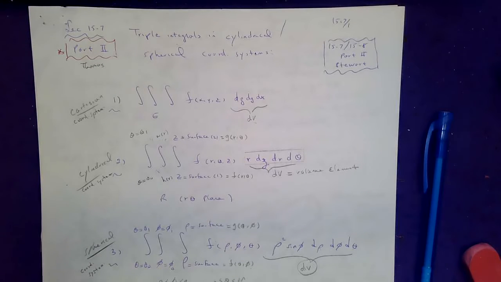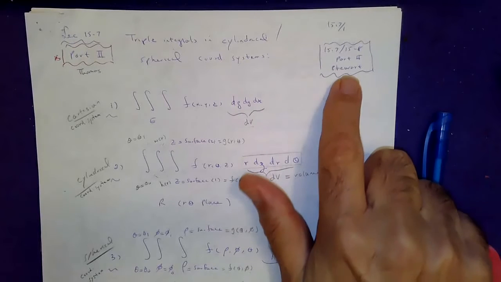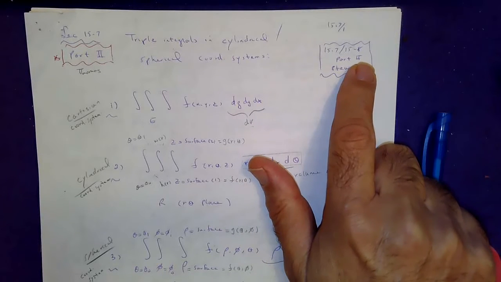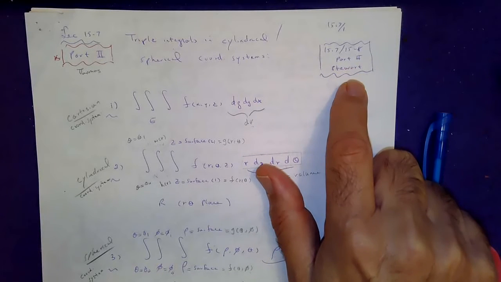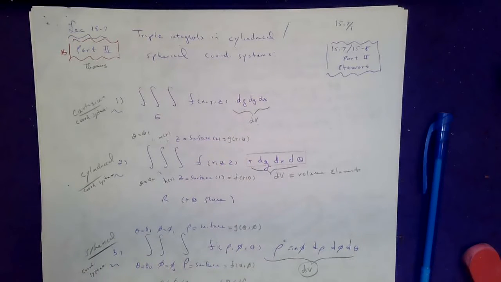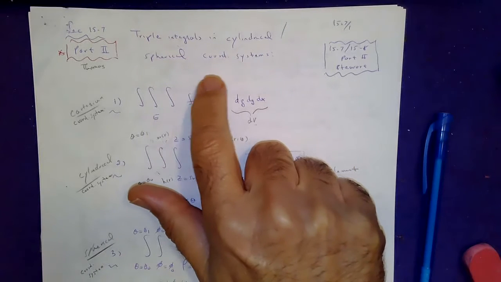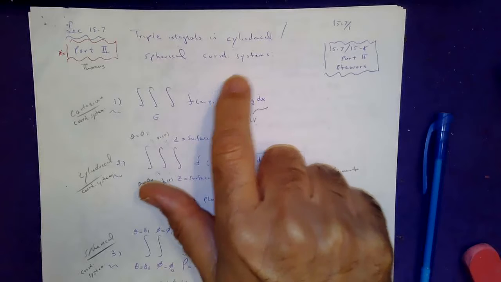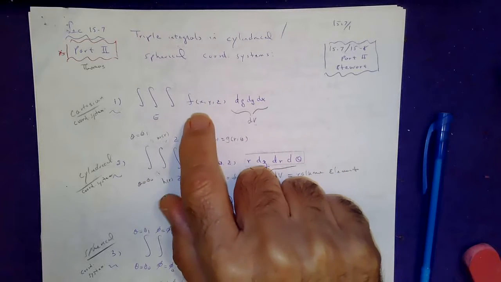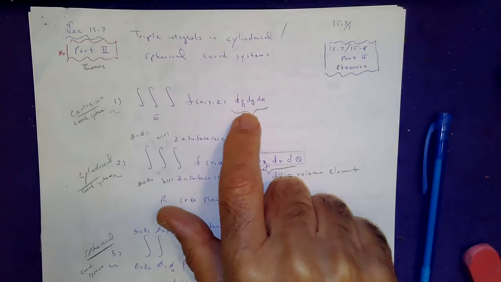Section 15.7, Part 2 in Thomas's textbook, and it's part of 15.7 and 15.8, but Part 2 in Stewart's textbook. Now that we know a little bit about spherical and cylindrical and Cartesian coordinates, we would like to see how triple integrals in cylindrical and spherical coordinates look, given that we have seen what the triple integral in Cartesian